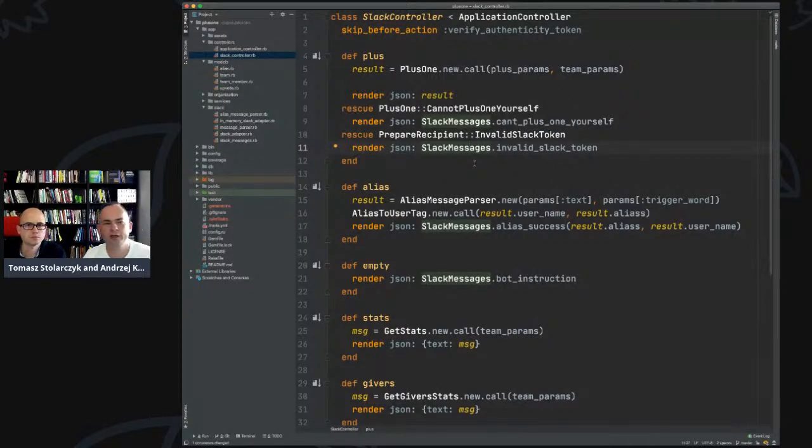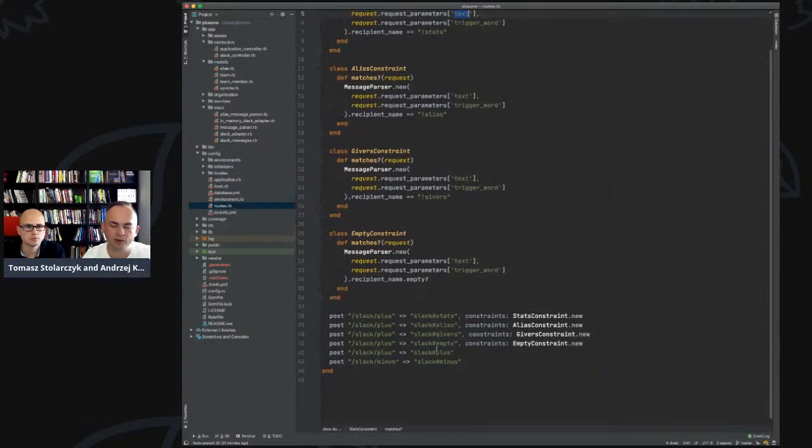So I haven't really prepared for making that Microsoft Teams support. I'm not sure if I would have a Slack controller. For the Rails people, I can show you the routes, and they're also not very typical. It's not really RESTful. From the Slack perspective, this is the only endpoint where the Slack application sends requests. One is the help call, and this is the +1. So this is actually the mutation, and this is the mutation. From those two things, you can actually change something in the application.